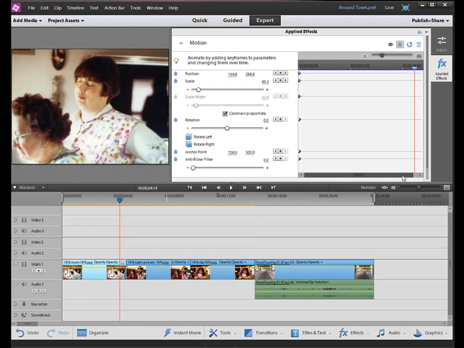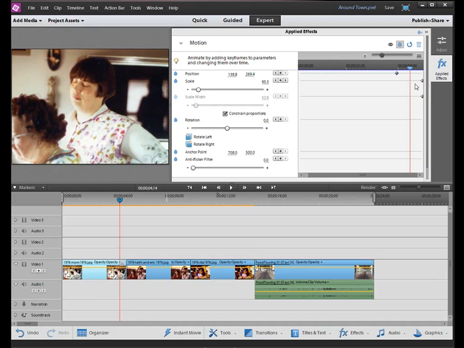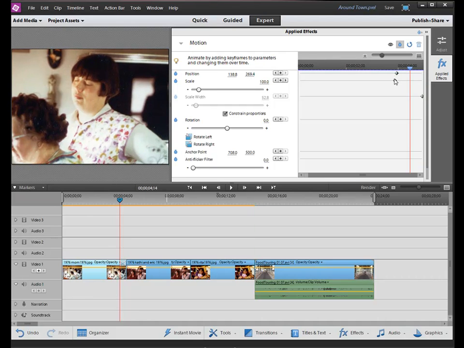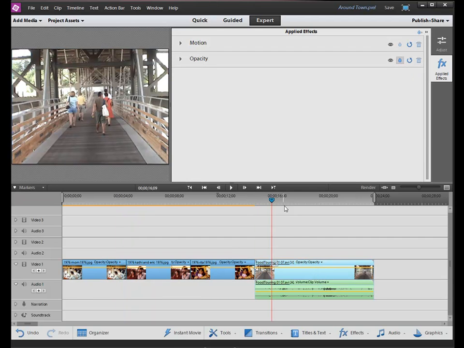Keyframes are wonderfully editable. You can delete them, you can change them, you can drag them around on the timeline to make your animation happen more quickly. The closer your keyframes are together, the faster the animation between them. And keyframes, as I say, are applicable in many places, not just in creating pan and zooms, but for instance, if I jump over here to this video clip, and if I were to add an effect to it, say the crop effect,